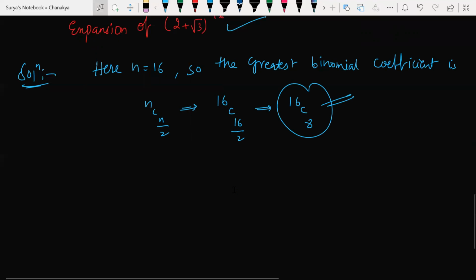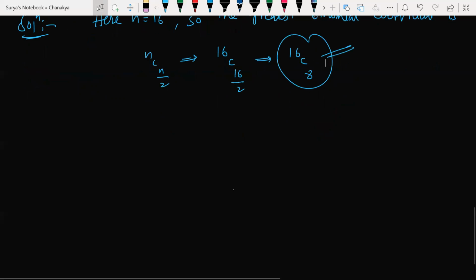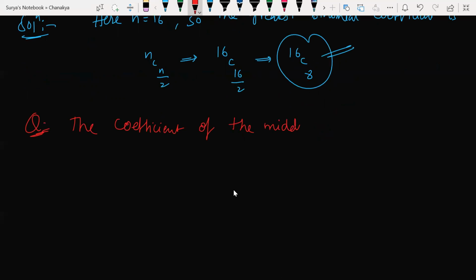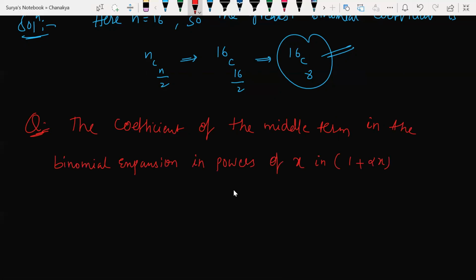We'll solve a previous year JEE question. The question is: the coefficient of the middle term in the binomial expansion in powers of x of (1 + alpha x) to the power of 4 and (1 - alpha x) to the power of 6